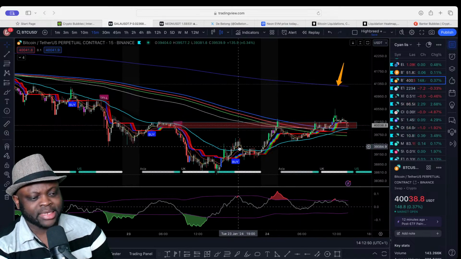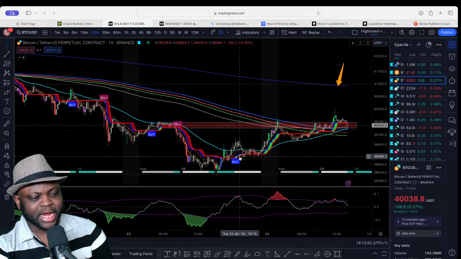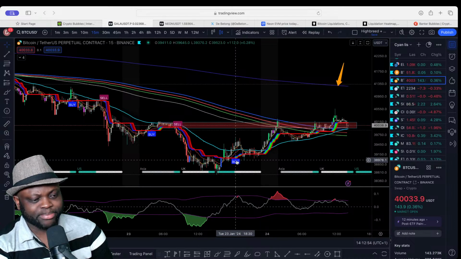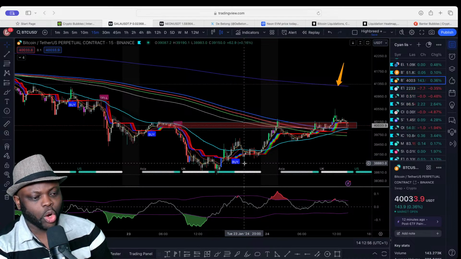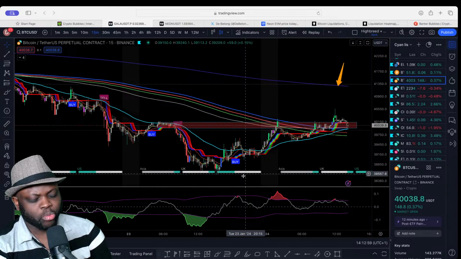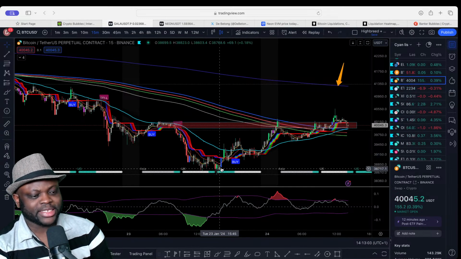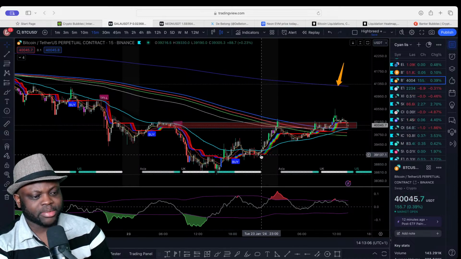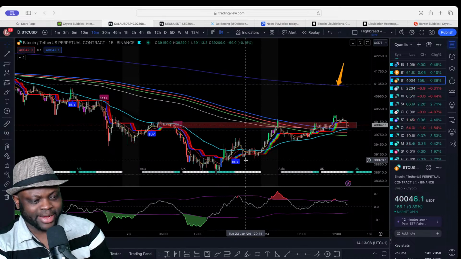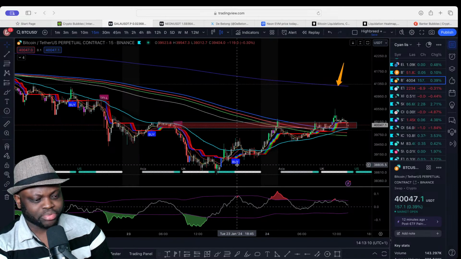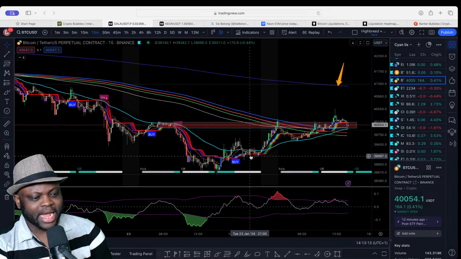From where price is, if the price builds this and prints this buy signal, price shouldn't go below it now. If price goes below, then price is going to invalidate this structure. But you can see price stayed above the buy signal. Price attempted to come towards this buy area, where the buy signal was printed, and after that, price went